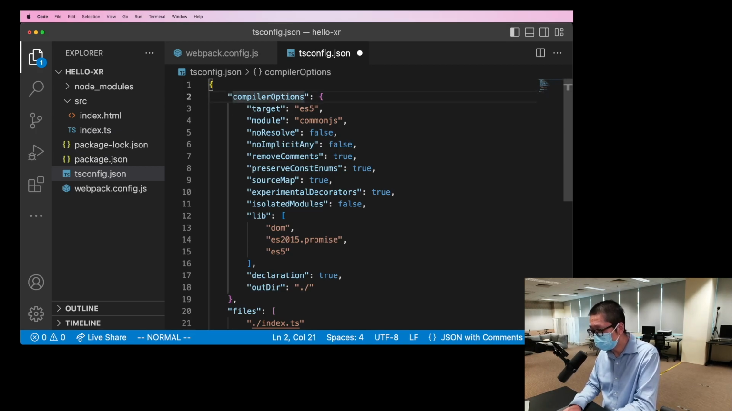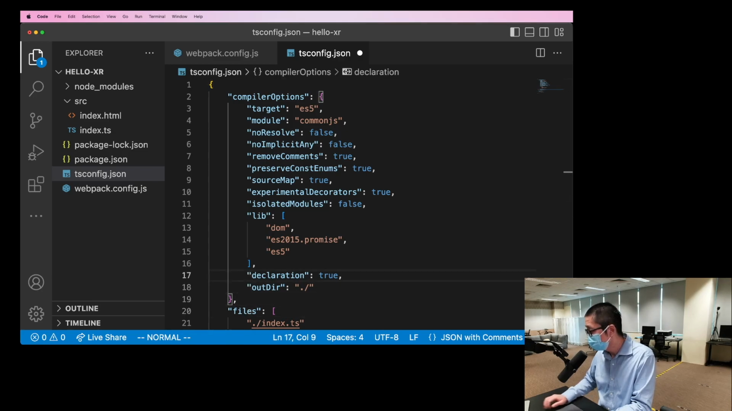Yes, you see that's the compiler option for the compiler to convert TS to JS. I will not go through all the options here, because it would take too much time. But basically, that's the option for the compiler. The thing I need to change here is